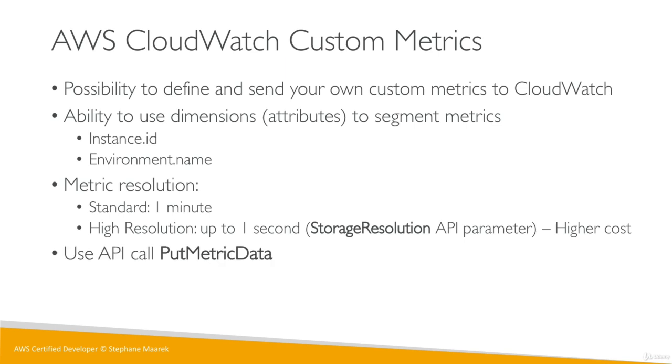Now to send a metric to CloudWatch, you need to use something called PutMetricData. That's the API call, and you should just know about it as well. You should also use exponential backoff in case of a throttle error. So if you send too many metrics to CloudWatch and it tells you, hold on, you're sending it too fast, you need to use the exponential backoff strategy, but we've seen what that means in one of the previous lectures. So let's go ahead and learn about metrics in a hands-on.